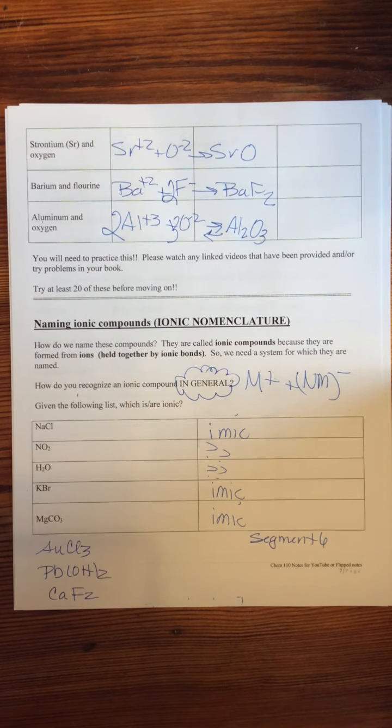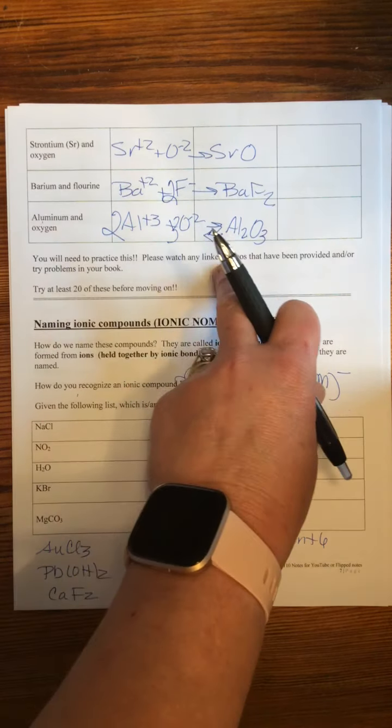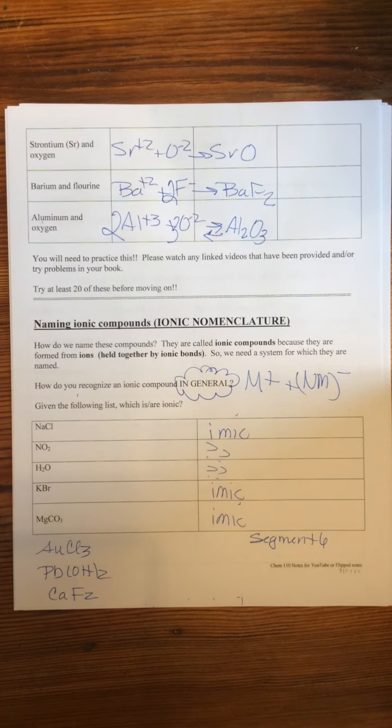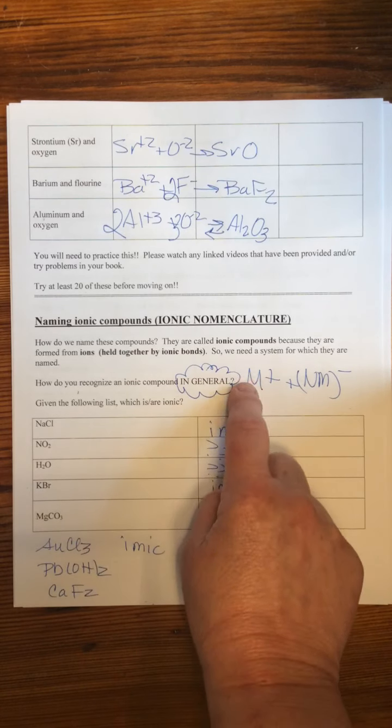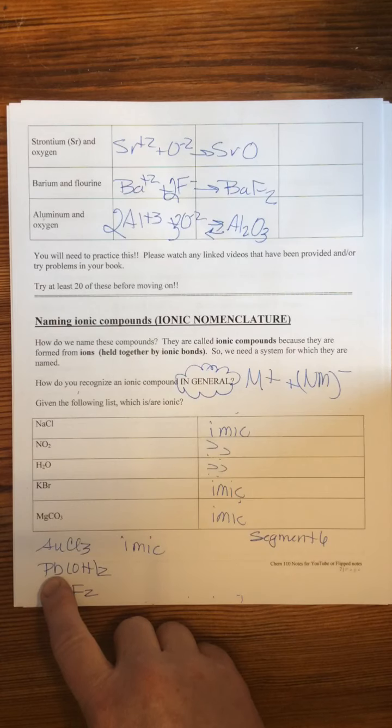In the last segment, we talked about once we form our ionic compounds, we need to name them. But you have to recognize that not everything forms an ion. So you have to recognize whether something is ionic first. On your list, AuCl3 is likely to be ionic because gold is a metal and chlorine is a nonmetal. Metal and nonmetal, generally, but not always. Pb is a metal, OH is nonmetal,